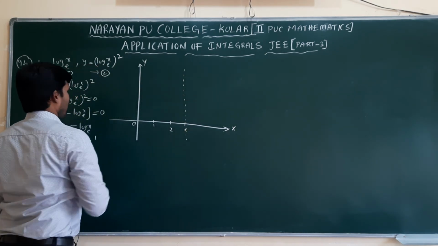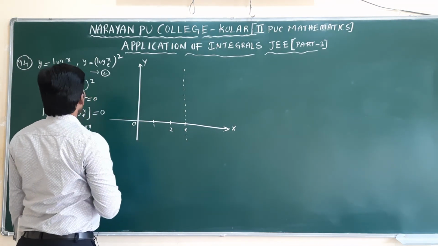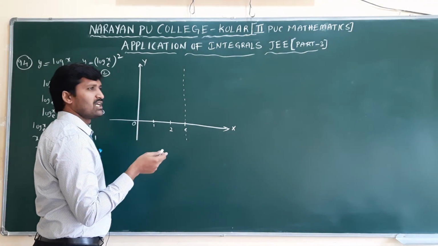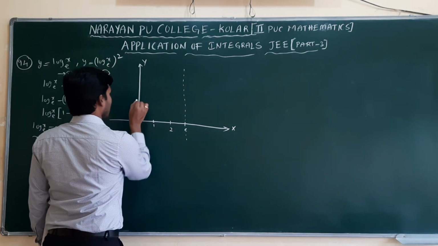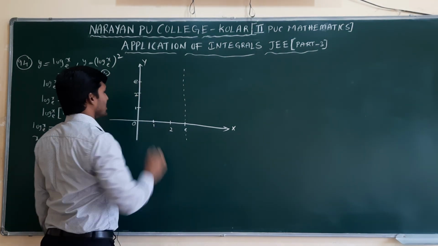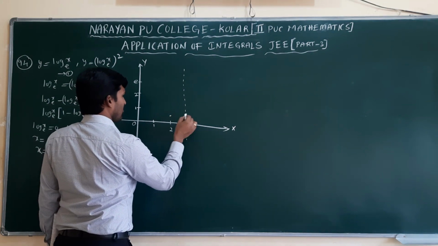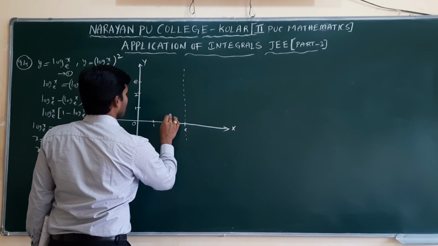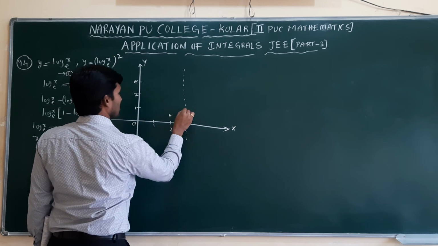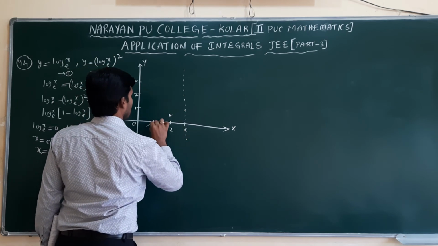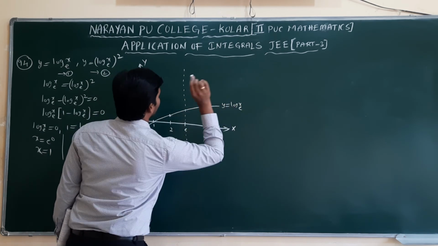Now first the log x graph. X value 1, log 1 value, that means y value 0. If you take x as 2, log 2, how much will you get? 0.414, you will get some value. So here 1, here 2 and here e is there. 0.414 you will get at 2. Now the graph will go like this. If you take e, log e base e you will get 1.